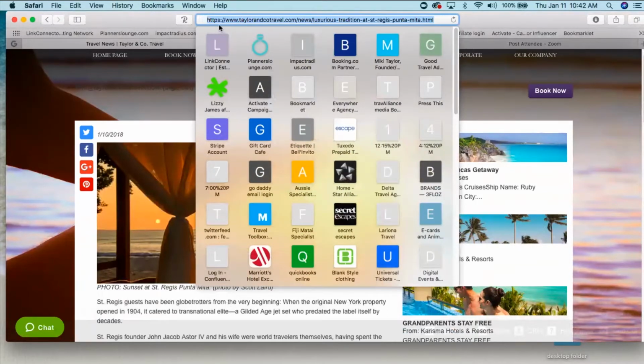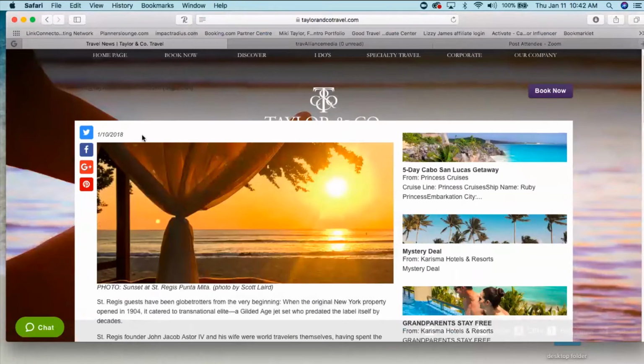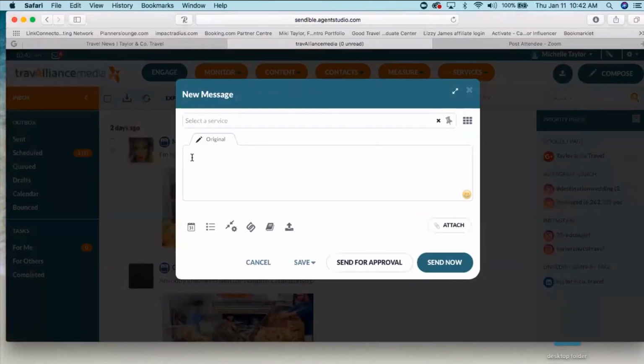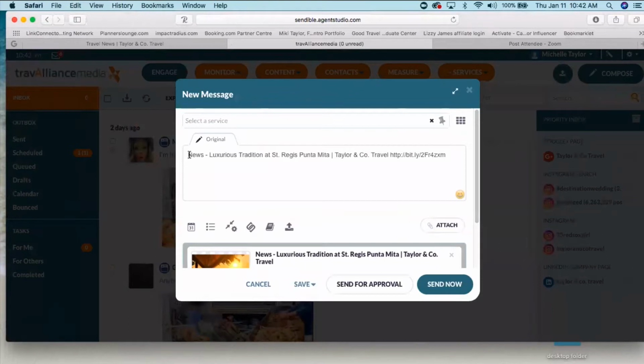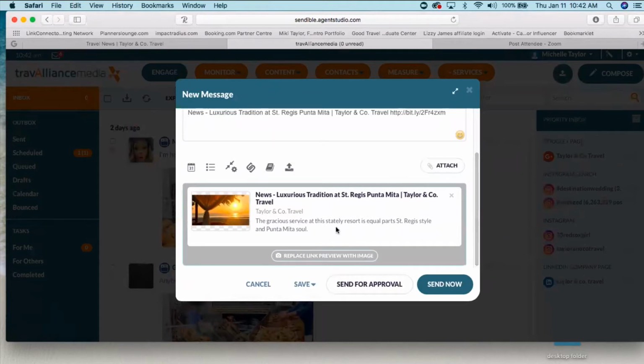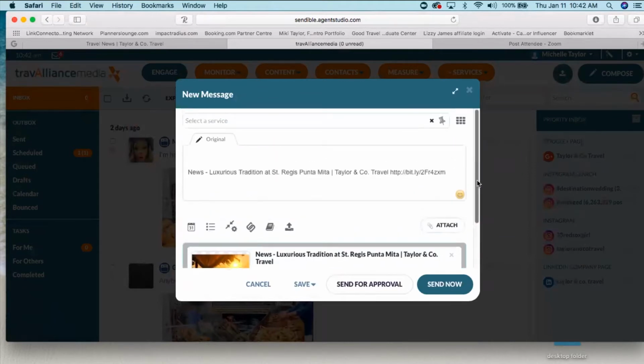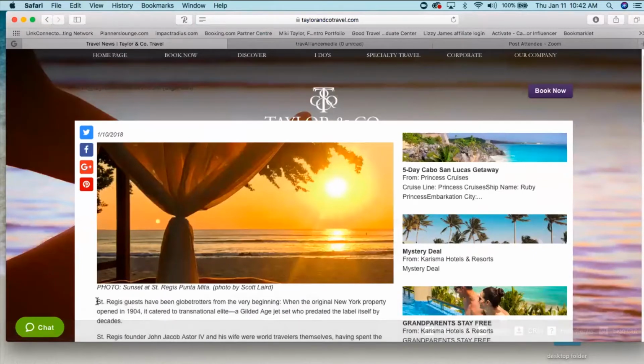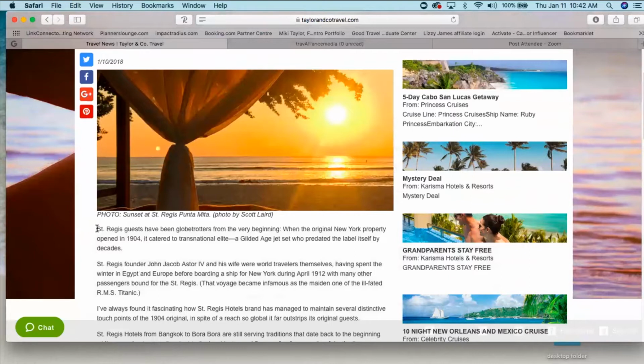And this, by the way, is a lot of what I post. So Agent Studio will post news stories and things of this nature on your behalf. I also, if I'm short on time, will grab a link just like this and come in here. First thing I do is paste the link so that it pulls up the image at the bottom and a little blurb about what they're going to read when they click on the link. And then up here, we can write a little bit of information, or you can go one step further and just copy a little bit of this info.